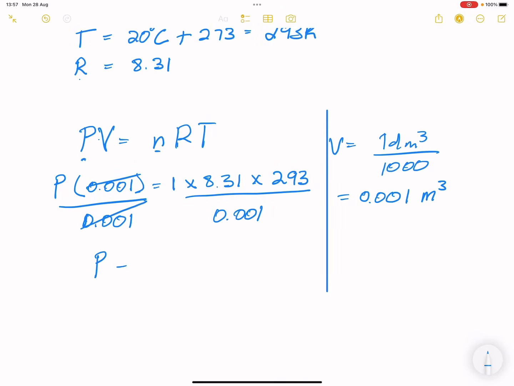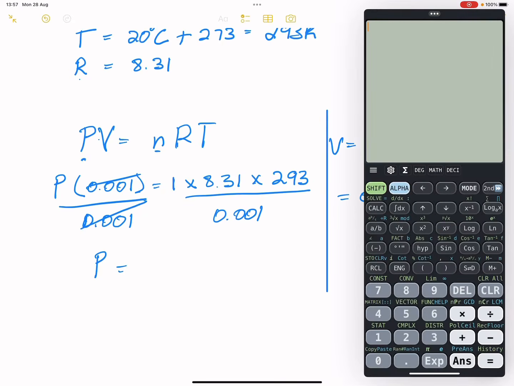And what would be the pressure in that case? We're going to say this is 1 multiplied by 8.31 times 293, and we get 2,434.83, and we divide that by 0.001. So I get a pressure of, well, that looks like 2 million. I can say this is 2.43 times 10 to the power 6